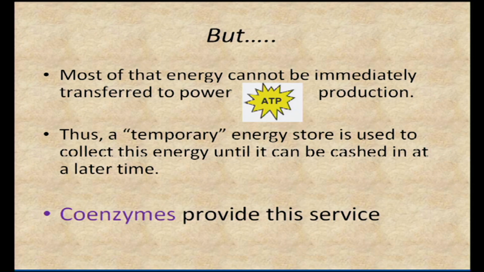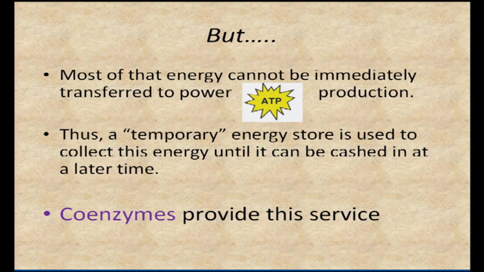Okay, here's the tricky part. As we break down glucose piece by piece, we can't actually transfer that energy immediately into making ATP. In other words, we can't say, here's a glucose molecule, let's break off a hydrogen, and that little energy burst is going to be directly transferred to pushing that phosphate group back onto ADP and making ATP. It does work like that in a few instances, but mostly it doesn't. Instead, that energy that's released when a hydrogen breaks off needs to be temporarily stored somewhere. And that energy store is